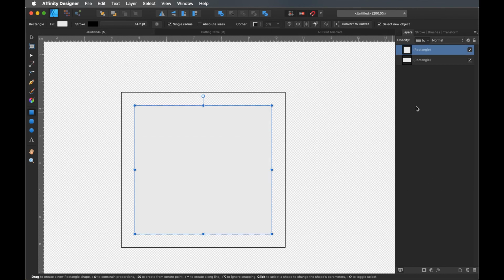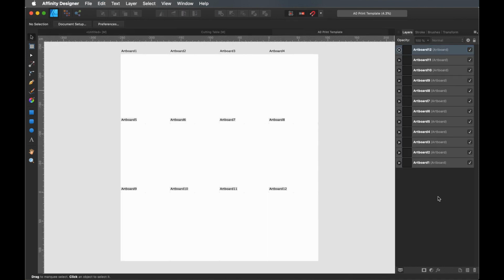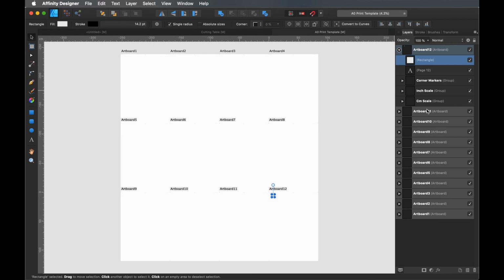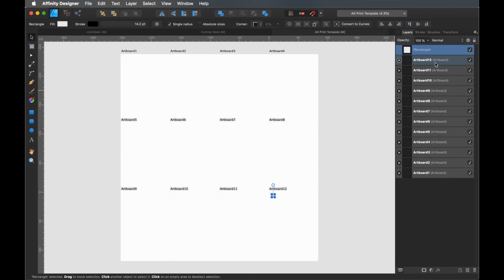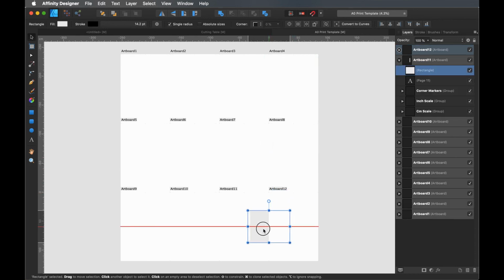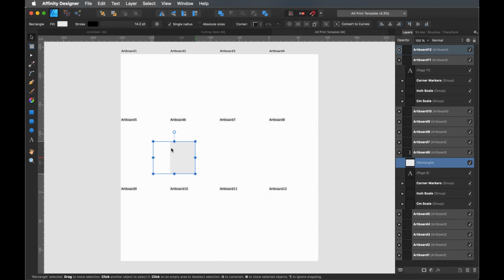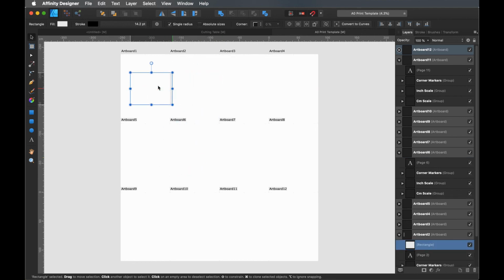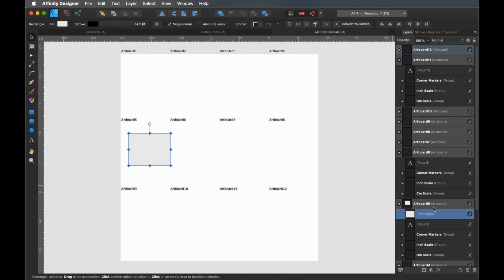So if I just copy this rectangle, this square across. So artboard 12 was selected, so it's automatically been put into artboard 12. If we drag it up, it's now on top of all the artboards, so let's resize it so we can actually see it. So now it may be above artboard 12, but it's not directly in it. Then you can see it's now in artboard 11 because it went over artboard 11, and now you can't see it in artboard 7, but it's moved. This can cause a few headaches if you don't know what you're looking at,